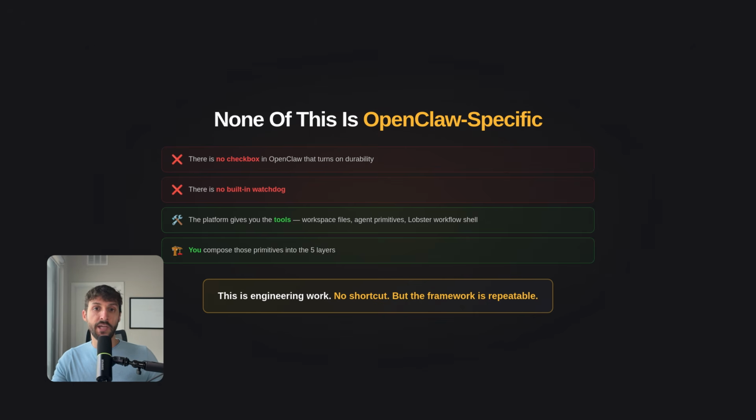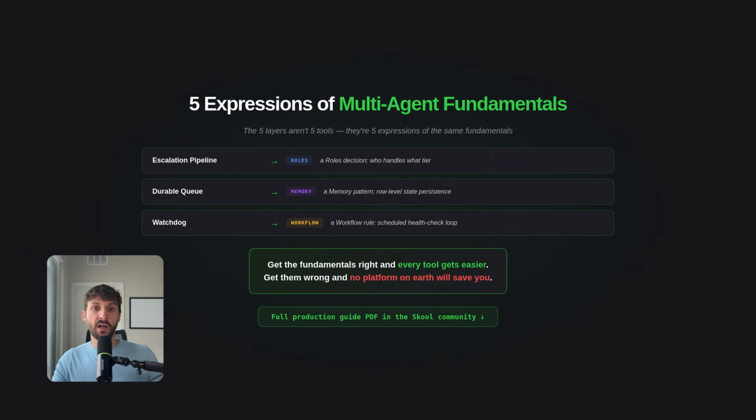There's no checkbox in OpenClaw that turns on durability. There's no built-in watchdog. The platform gives you the tools, the workspace files, the agent primitives, the Lobster workflow shell. What separates a production build from a demo is whether you compose those primitives into the 5 layers I just walked through. This is the engineering work. There's no shortcut, but the framework is repeatable. Every OpenClaw system I build uses some version of these 5 layers, just configured differently for the workload. Once you internalize the pattern, your build velocity goes up, not down, because you stop debugging the same fragility every